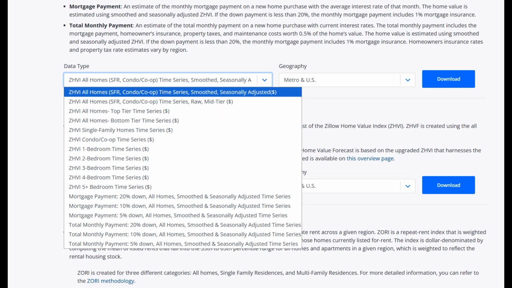Different versions of ZHVI highlight different parts of the market. The All-Home ZHVI provides the overall trend for a city or neighborhood. The top-tier ZHVI looks at the 65th to 95th percentile, reflecting higher value or luxury homes, and the bottom-tier ZHVI captures the 5th to 35th percentile, which is especially useful for understanding entry-level and more affordable housing markets. Another important feature is that ZHVI is published in both raw and smoothed, seasonally adjusted forms. The smooth series is particularly helpful for spotting long-term trends because it filters out the short-term fluctuations that can distract